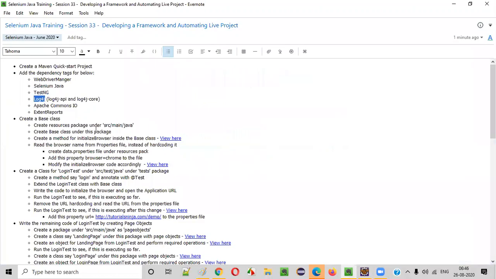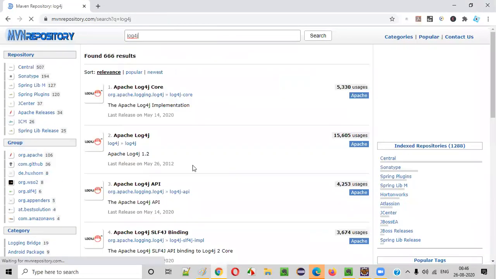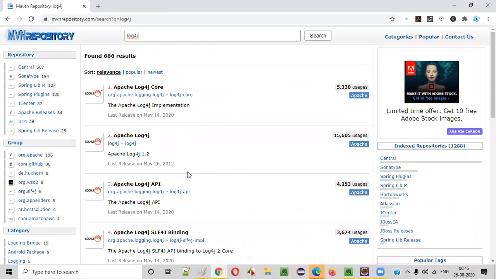Next one is log4j. When you are actually working with log4j, you should get log4j from these two places. First one is log4j API. Other one is log4j core. So simply we'll search for log4j for now. And here we need to get from two places. What is that? Log4j core, log4j API.